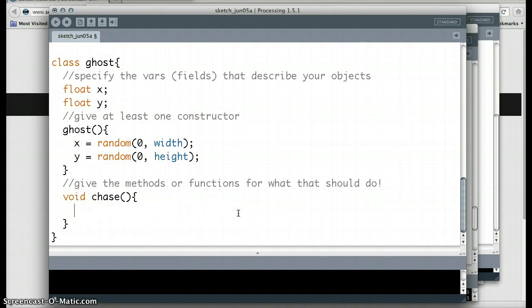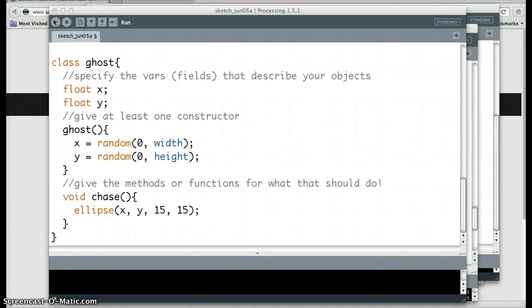So let's chase after the character. First things first, I suppose, let's put Casper on the screen. Let's have him be an ellipse at position x, y. Remember, this x, y is referencing this x, y in this class. And how big is he going to be? I don't know, he's 15 by 15. It's not very big. We'll make this kind of a big game, like a giant map game. And so if we run our code,